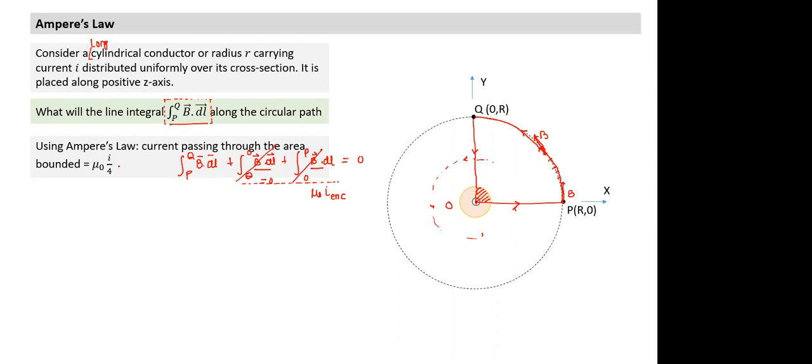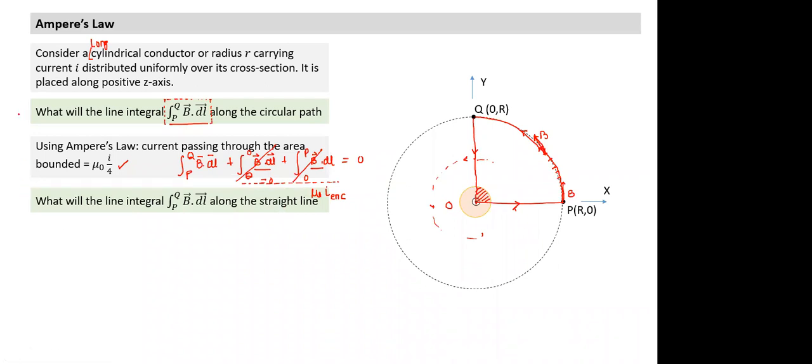So I hope you understand. We can evaluate this term using Ampere's law. Whenever we have to evaluate B dot dl along a particular open part of a loop, sometimes it is possible to evaluate this term by forming a closed loop. I have evaluated along the circular path. I have changed this question slightly.